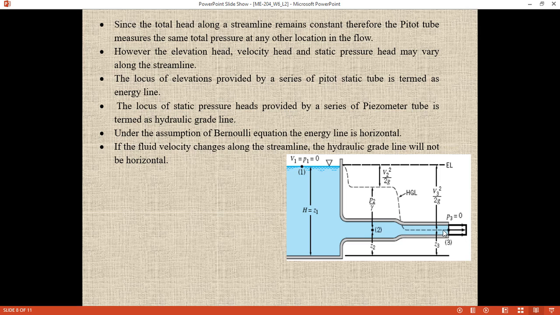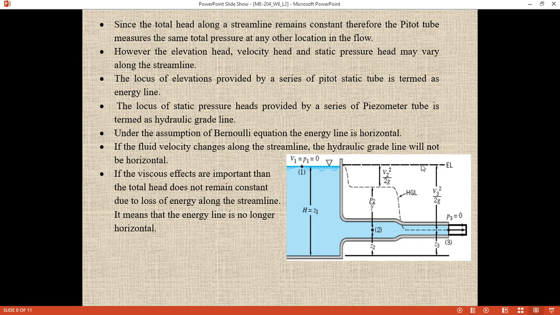And then when it comes out, the hydraulic grade line is equal to the atmospheric pressure. So here this hydraulic grade line is the same as the atmospheric pressure. So this is how the hydraulic grade line varies, but in the ideal flow case, the energy grade line remains